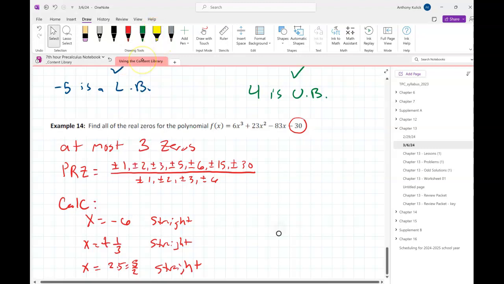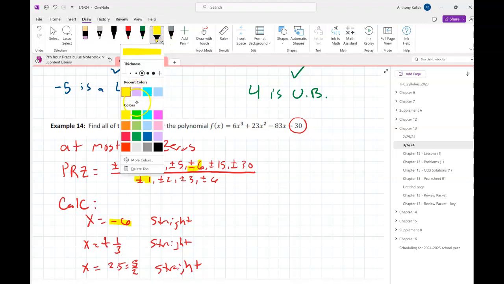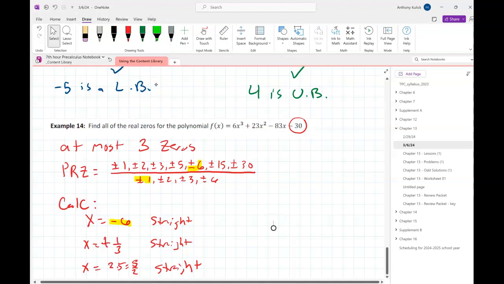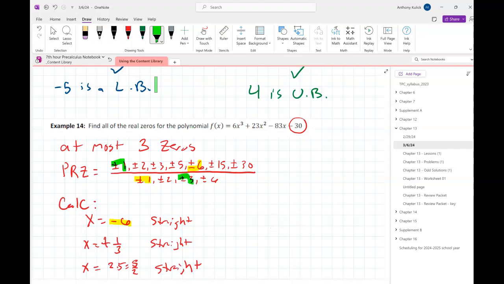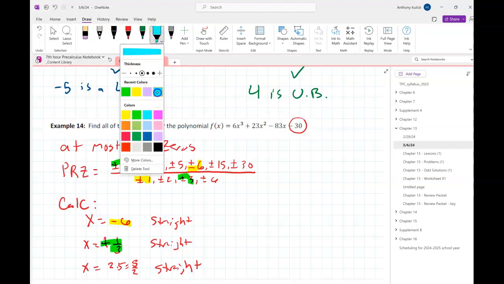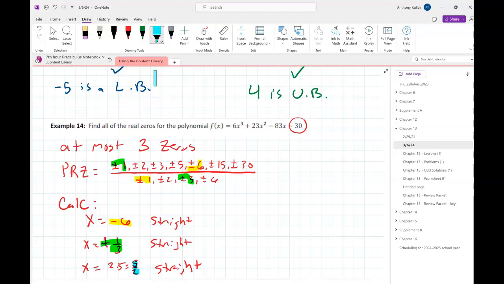What I'm going to do now that I've looked at my calculator is check to see if -6 should be on my list of possible rational zeros. And I see it there. Then I'm going to check for positive 1/3. Is that on there? Yup. And then positive 5/2. Yup. So all three of these would be good candidates for starting my synthetic division because all of them are on